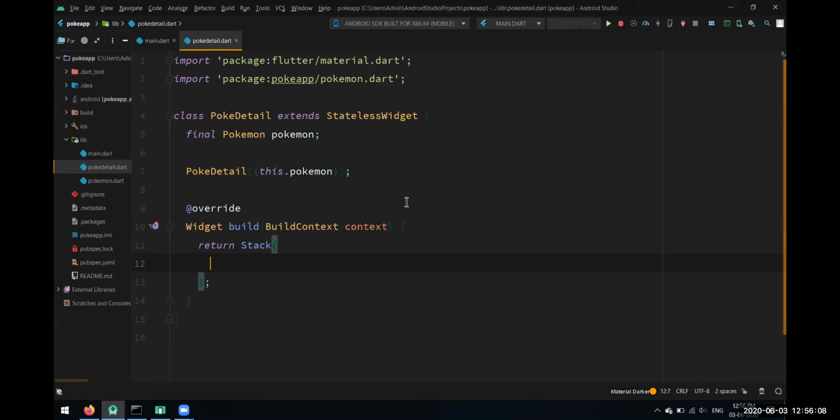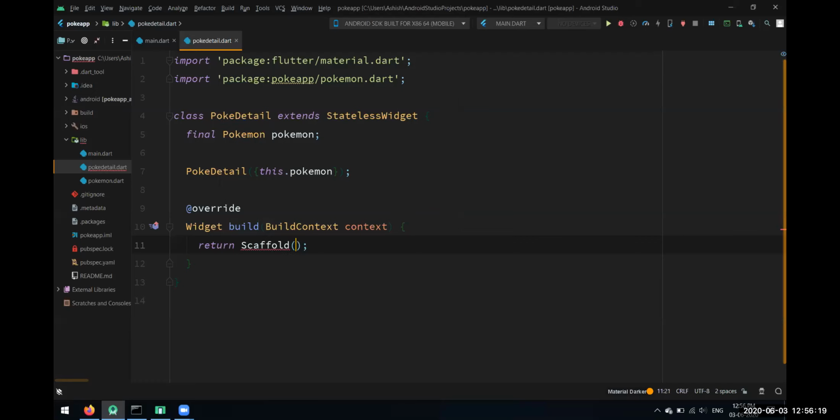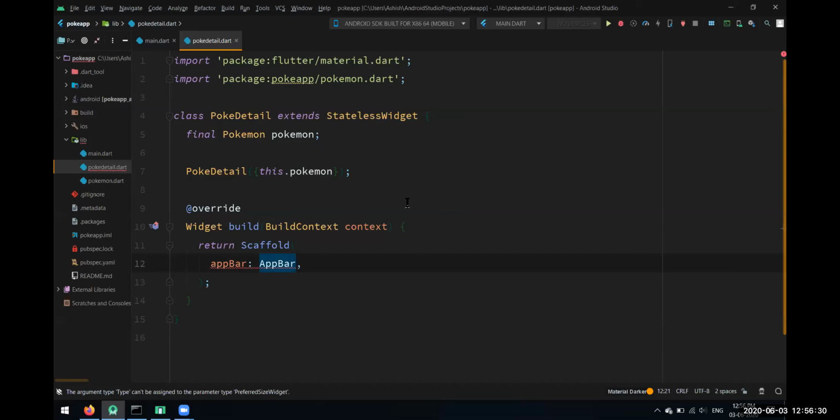Oh no, sorry, we have to use a scaffold first, and inside that we'll do the body as a stack. So scaffold, and let's give it an app bar. The app bar will be the same primary color that we defined over there.